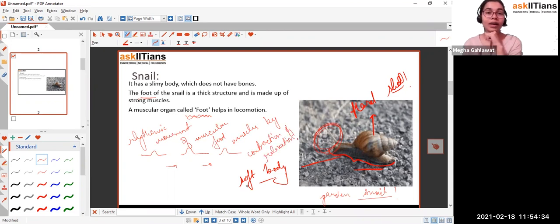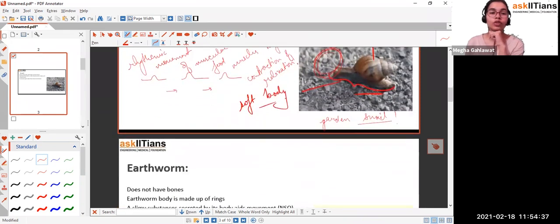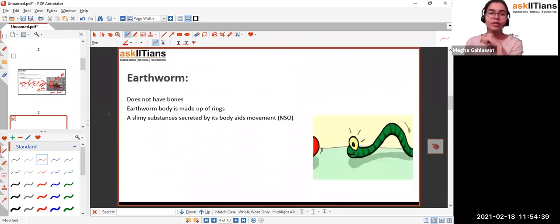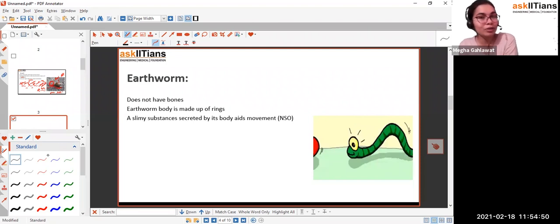Right? Now, that being said, we're going to move forward to the earthworm. Everybody has seen an earthworm at least once in their life, right? And if you're a fan of gardening, I'm sure you have seen an earthworm more than once, and you do realize that earthworms are also called the farmer's friend or the gardener's friend. Why? Because they help in making the soil very porous, very airy, right? And they also help in digesting the organic material which is present in the soil